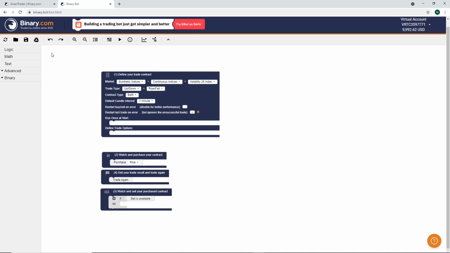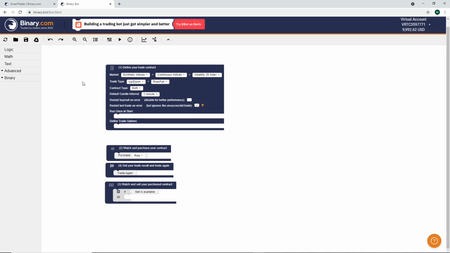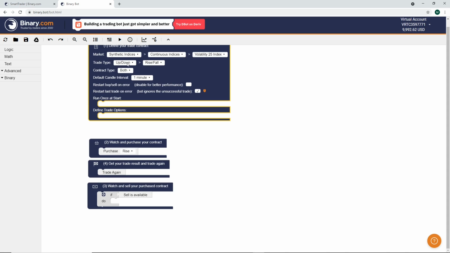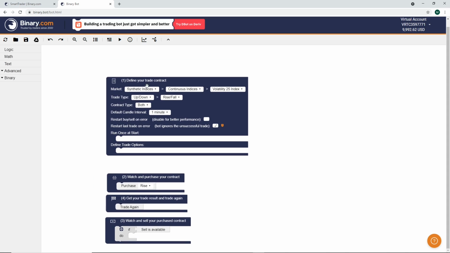We discussed the left side tools panel. Now we are moving to this first block. The first block contains market and trade type, contract type and similar settings. We will first discuss the market. The market has four types: forex, synthetic indices, stock indices and commodities.